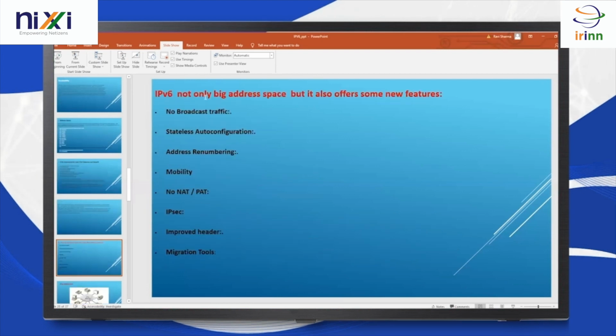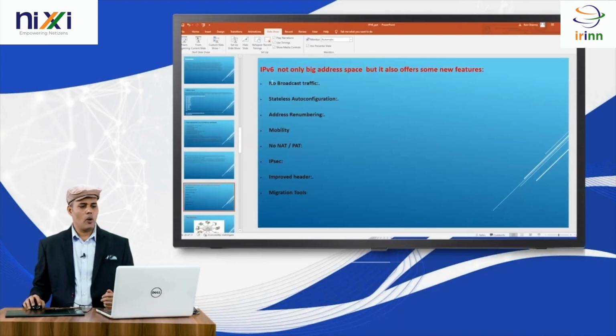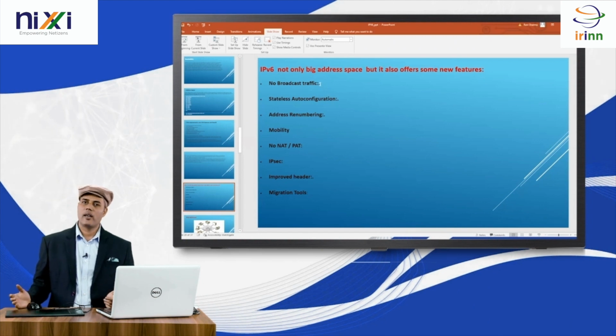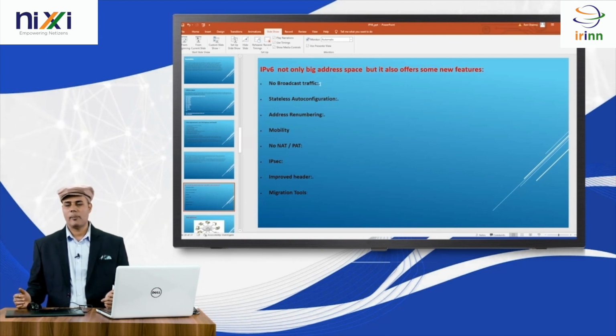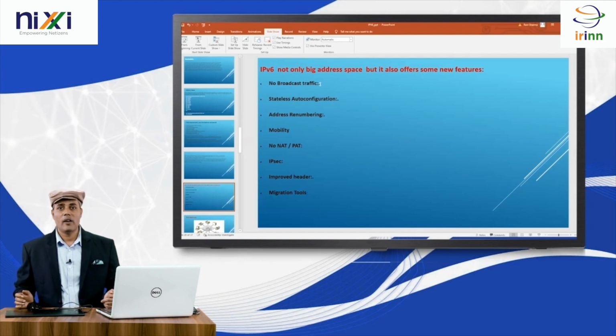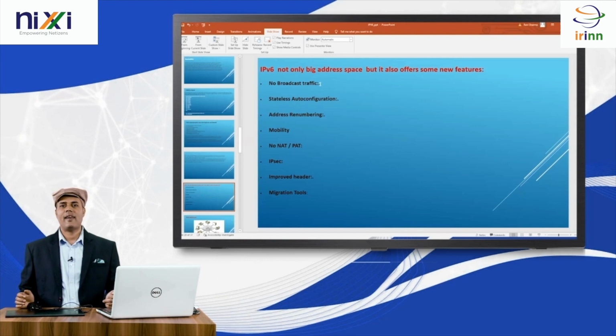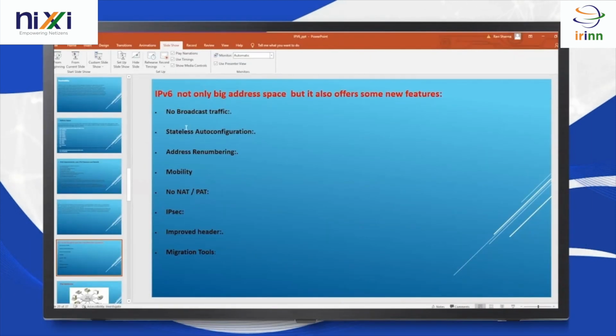IPv6 not only has a big address space, but it also offers some unique features. No broadcast traffic. Earlier in IPv4 we were communicating on the basis of broadcast traffic, but we don't have the concept of broadcast. We only have multicast and anycast. Stateless configuration. In IPv6 we can assign an IP address directly without using a DHCP server. Address renumbering, we can manually decide what kind of IP address, what kind of subnet range we want to provide